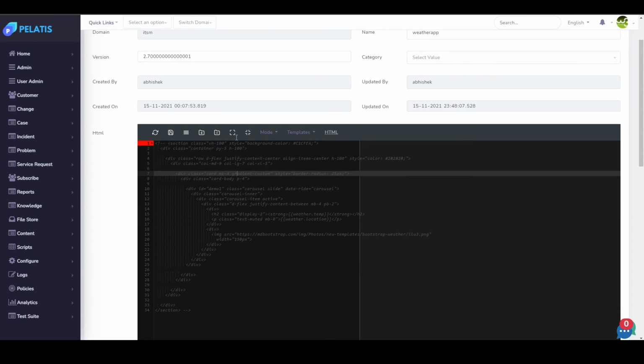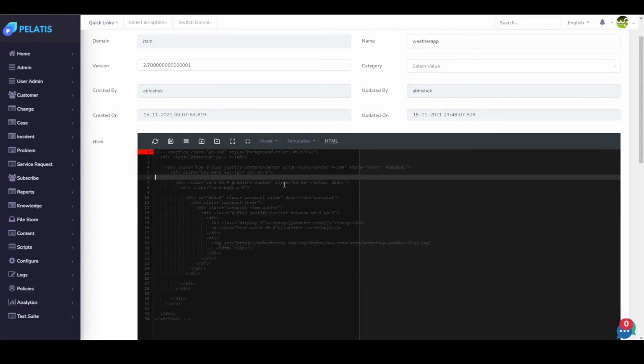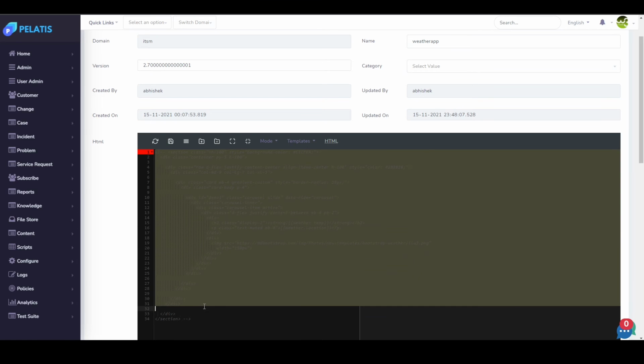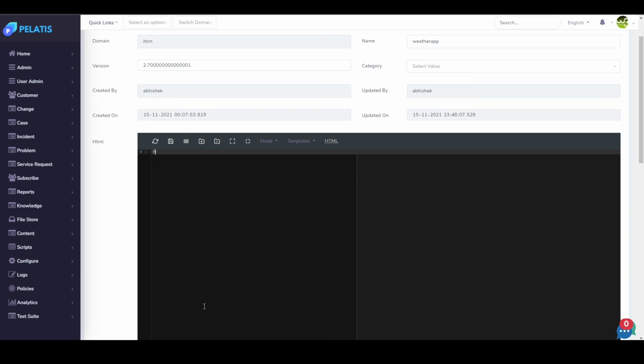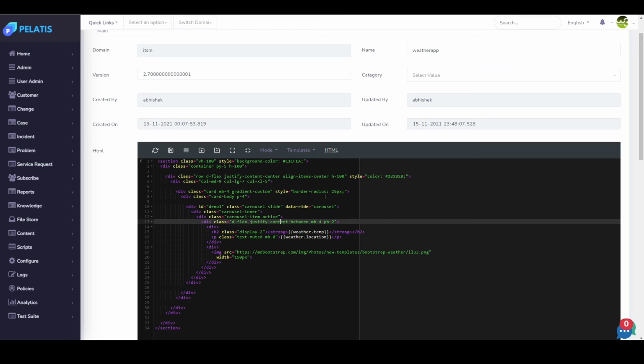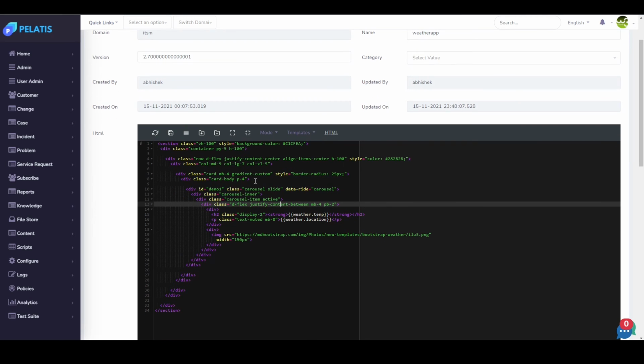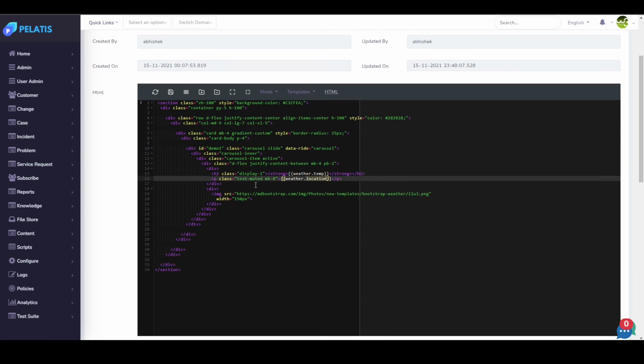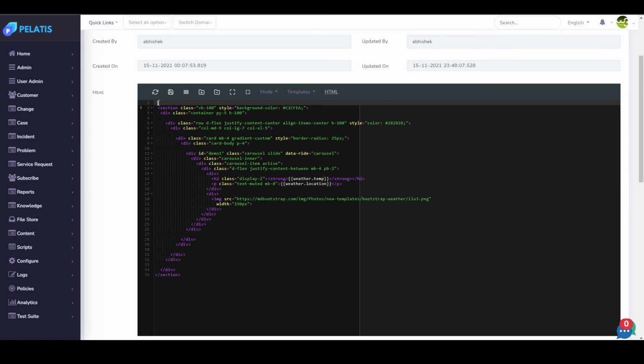Right now I'm just going to uncomment this whole HTML. It's the same HTML that you write in your local system. Over here you can see some of the bootstrap classes added in the HTML, and also you can see AngularJS syntax, right? It will be showing the temperature and location. Over here you can see that only the body, the main logic of our application, is here, not the header part like the meta tags and the doctype HTML, right?